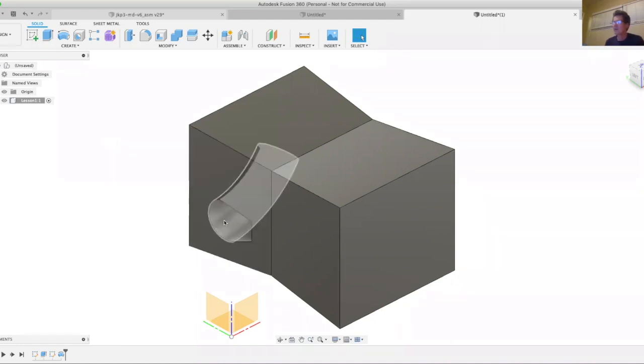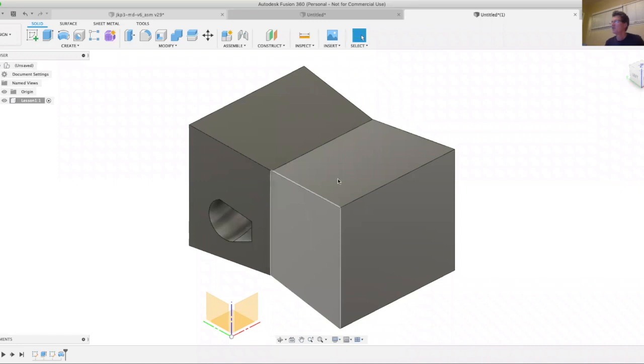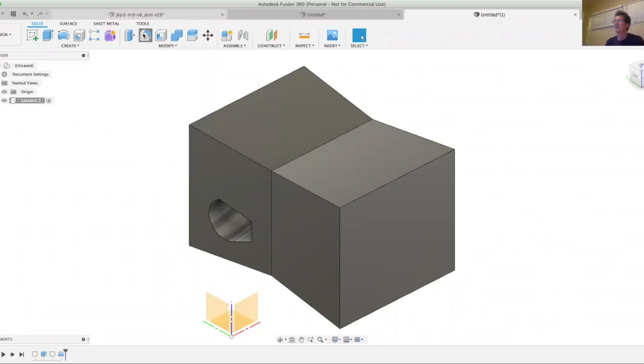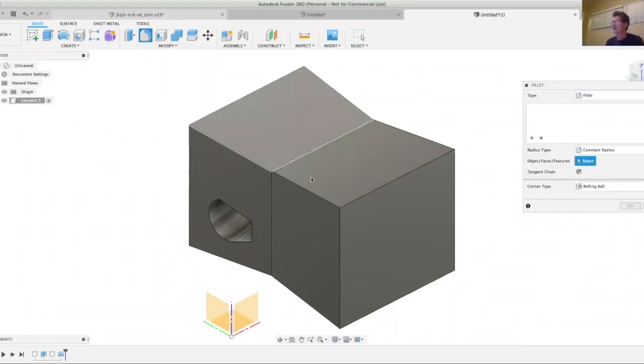Now, remember how I was showing you how to do those fillets? I rarely do those fillets in a sketch. Usually what I do is I do real simple rectangular kinds of things, and then afterwards I create the fillet as a modification of the solid. So I'm going to create a fillet here, and I'm going to grab